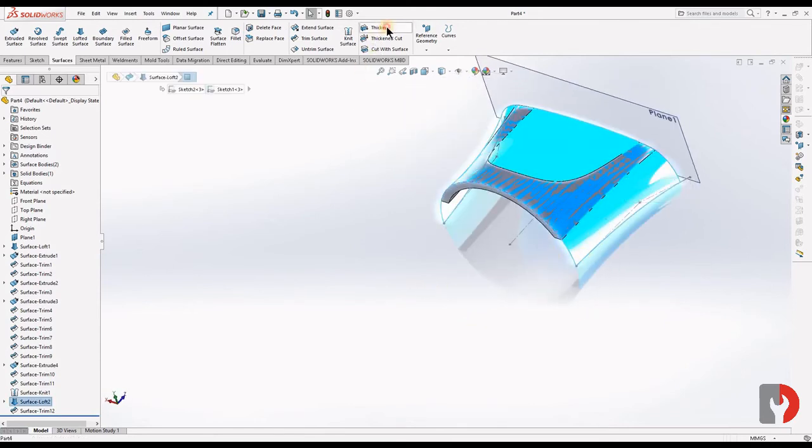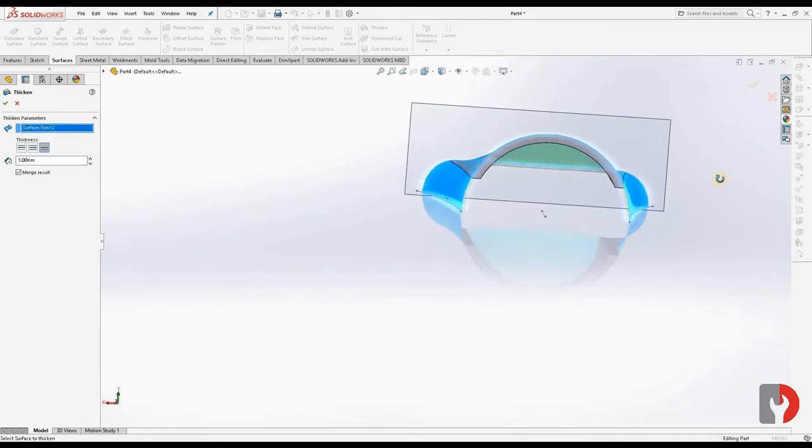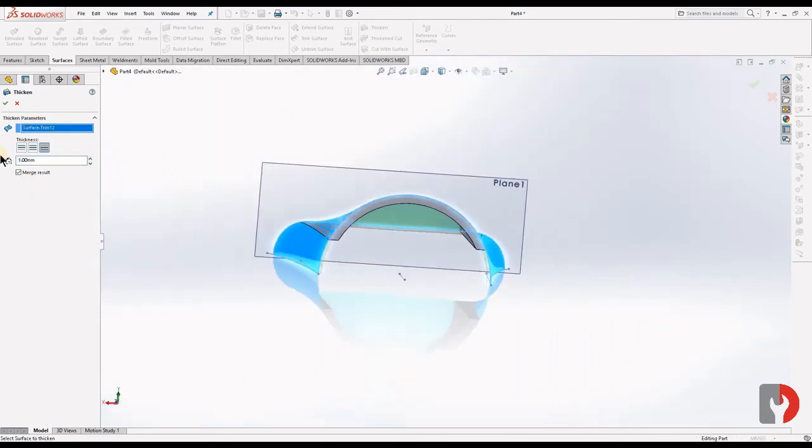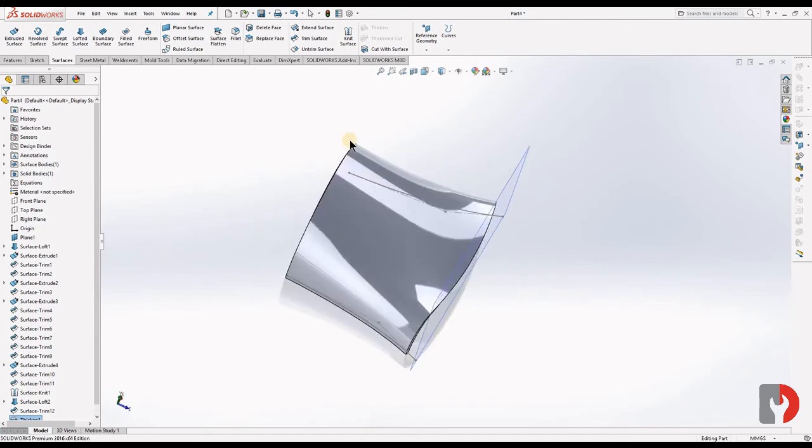Okay, now we will thicken it, giving a thickness of 1 mm. Select the surface. Okay, make it other side.